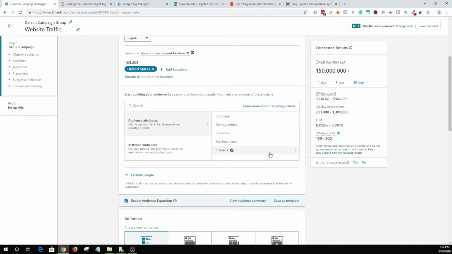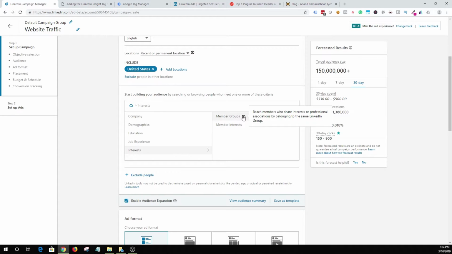Okay, I'm gonna select interest, and then I'm gonna say member interest. You can even choose groups, so that you can reach people who are a part of a LinkedIn group. But for this you'll have to do some background research and find out what exactly are those groups that your customers or your potential prospects are using. But if you don't know those groups, then you can simply select member interest,